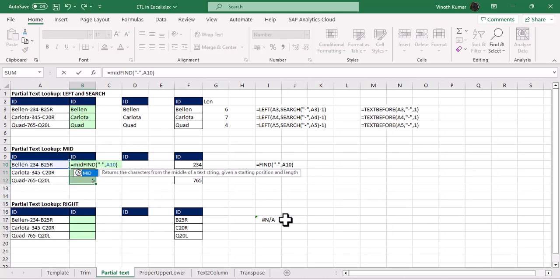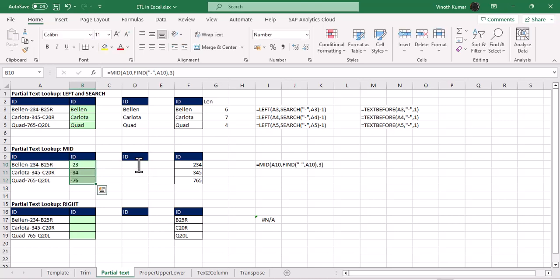And then when I use a mid function, again I'm selecting the text is this, my starting number is this find part, then I'm going to give a comma, and then I'm going to give 3 characters because I'm extracting 234, 345 and 765 here. Close the bracket and give an enter. Again, it starts with the additional line, so I'm going to add one plus in between, and once I do that, it still gives you a lot of error. I'm going to just add a double minus in front of it,